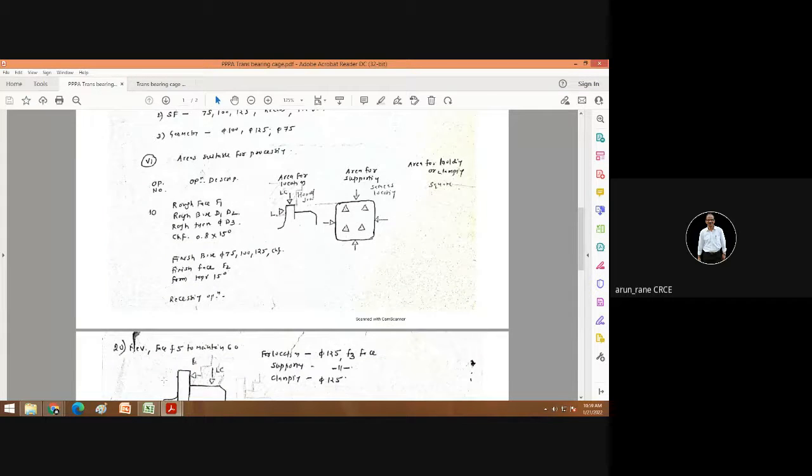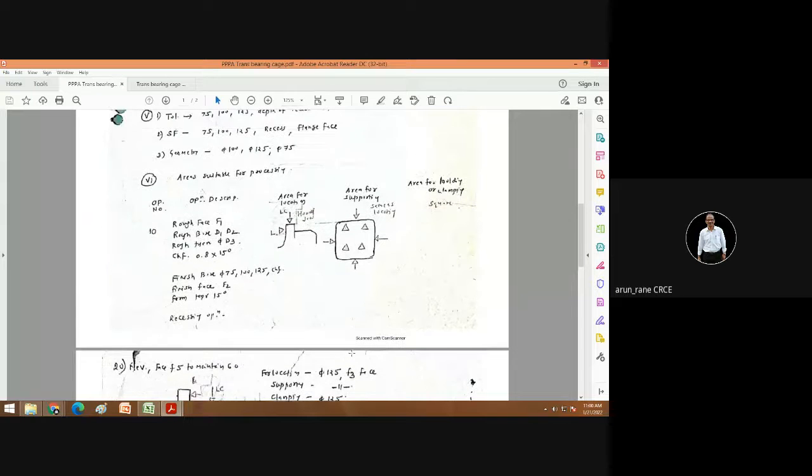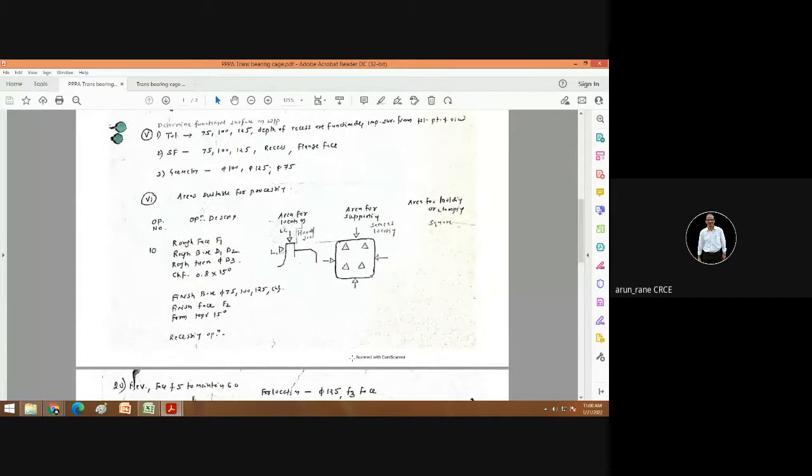Then the sixth step is area suitable for processing. I will explain one step and later on you can add the other steps. So this is the operation number. You have to write this always in tabular form. Then what is the operation description? Rough face F1. Then rough bore D1, D2.